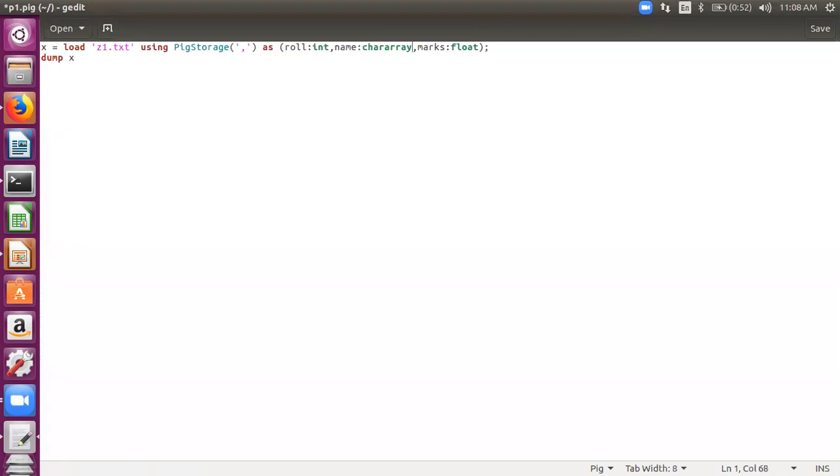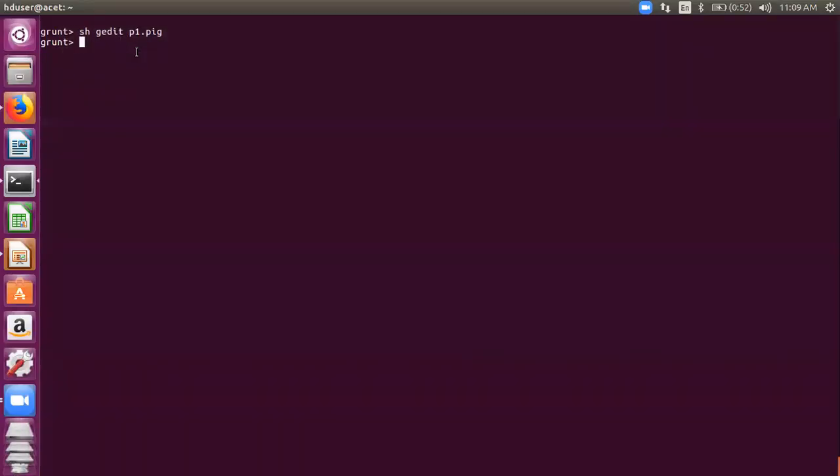We just wrote this command, and then dump x. So these are the 2 commands which I want to execute. I've stored them in a file p1.pig, so I would call p1.pig my script file. Remember this.